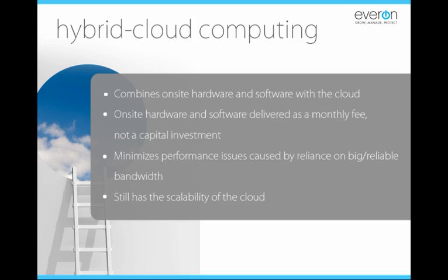Now, the nice thing about this is that you still have the scalability of the cloud, right? These solutions are connecting your local on-site hardware and software to services in the cloud, so that as you start to run out of, say, storage capacity locally, you can offload some of that data up into the cloud so that your capacity can still scale. Similarly, you may be hitting the max on processing power locally. Maybe you can offload some of the processing up into the cloud.